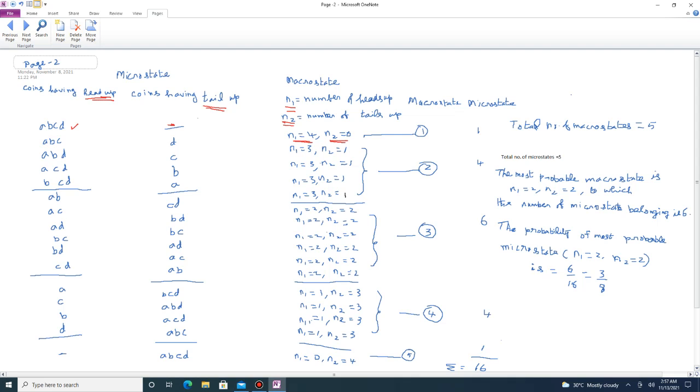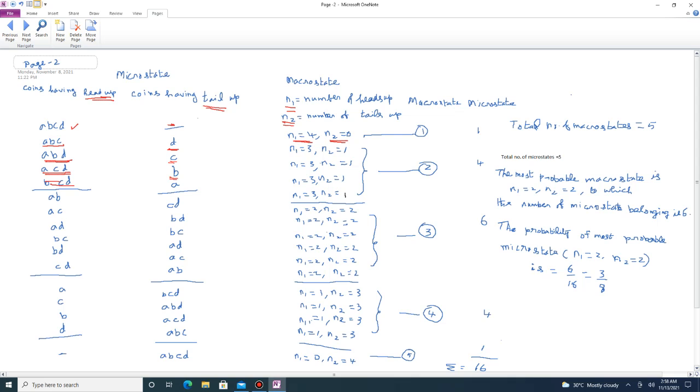Suppose you have 3 coins up, A, B, C up. So the remaining coin, the 4th coin D, naturally will be tail. So 3 coins are up and 1 coin is tail up. Another possibility is ABD; if ABD are up, the 4th coin C will be tail up. If ACD is up, the 4th will be tail up. If BCD is up, then coin A will be tail up.